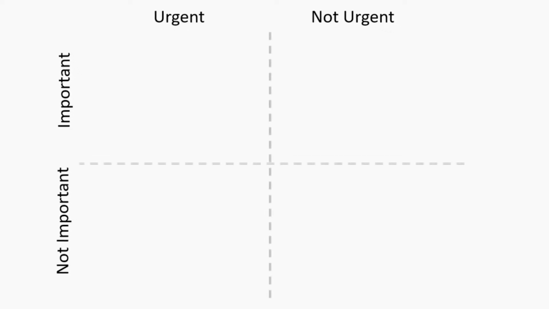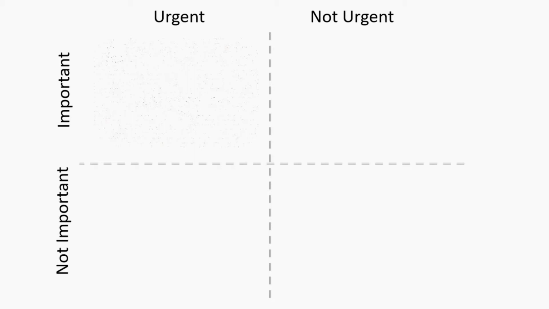Now let's go directly into what exactly this technique is. The Eisenhower decision matrix is a very simple matrix that you can use in your daily life to split the activities that you have planned. The first thing you need to do is draw a cross and divide the space into 4 quadrants. On top, the columns are divided into urgent and not urgent tasks, whereas the rows are divided into important and not important tasks. That's how you get the 4 quadrants. Then any task that you have planned for that particular day, week or month, you put into one of these 4 quadrants.